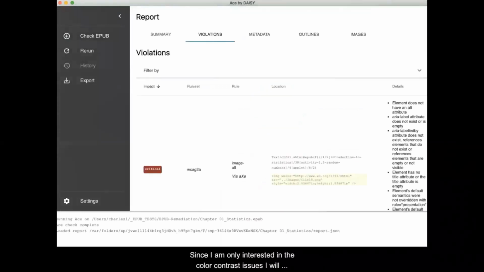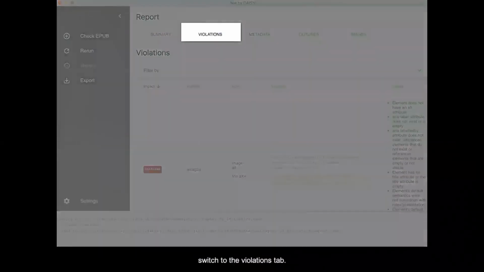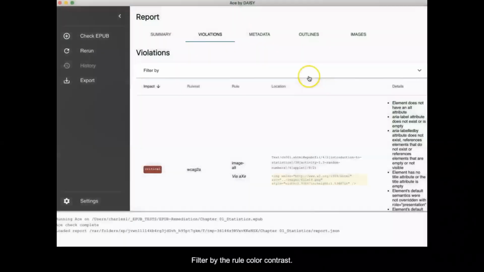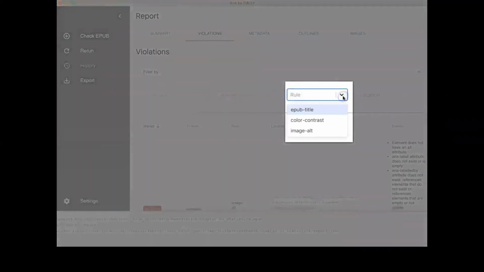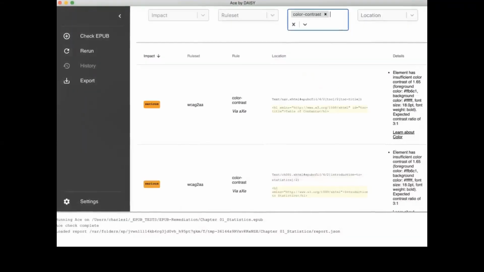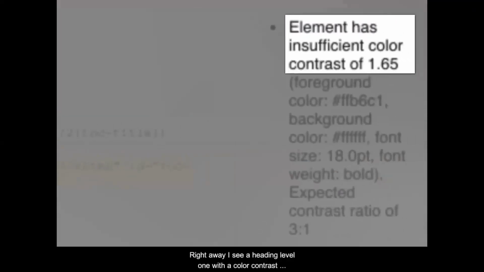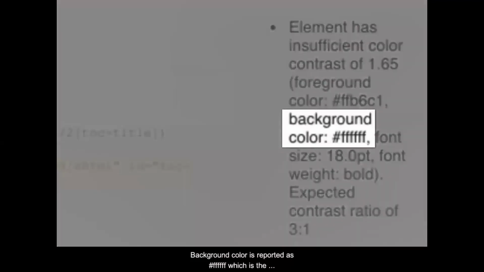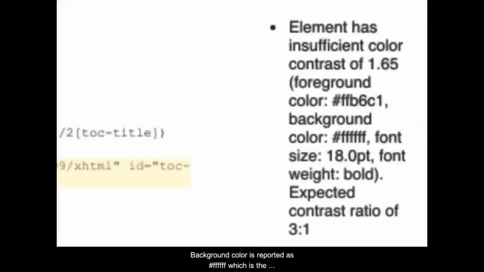Since I am only interested in color contrast issues, I will switch to the Violations tab and filter by the rule Color Contrast. Right away, I see a heading level 1 with a color contrast ratio of only 1.65. ACE reports that since this is a large 18-point font, the minimum color contrast ratio should be at least 3 to 1. The background color is reported as #FFFFFF, which is the computer code for the color white, and